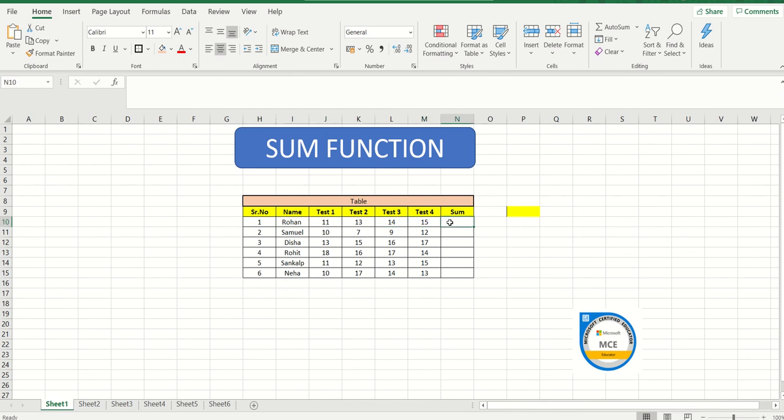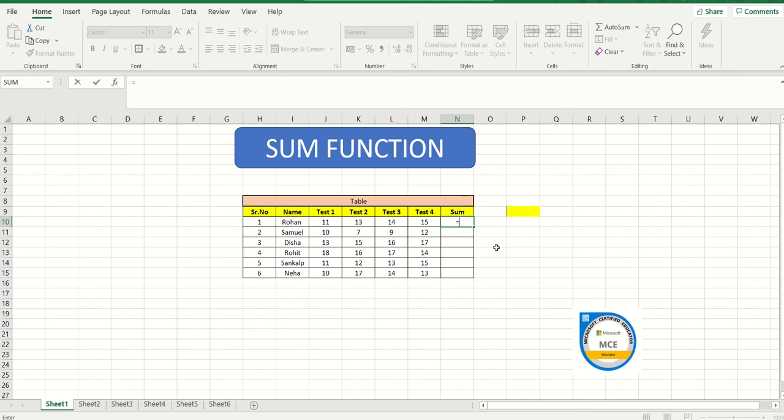And in order to calculate the sum, because in your daily life if you have a lot of data in front of you and you would like to add it up, there is no need for you to use a calculator. We can use Excel to add up the content altogether. So in order to calculate the sum, there is a function, a formula, which is added to it. In Excel, any formula is going to start with an equals sign. So what you have to do is press equals.